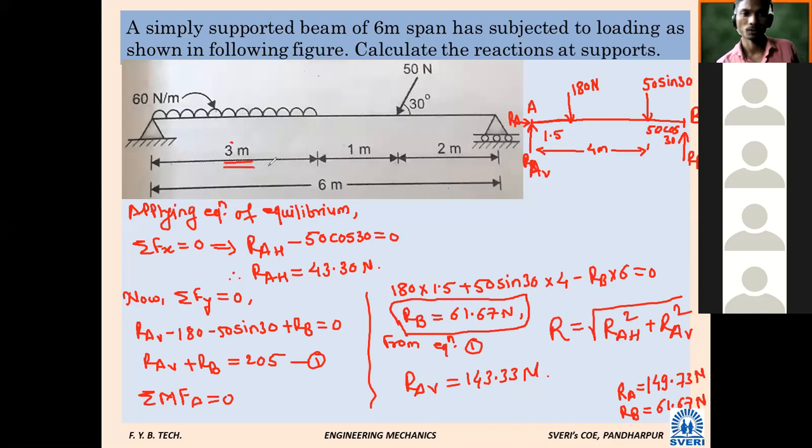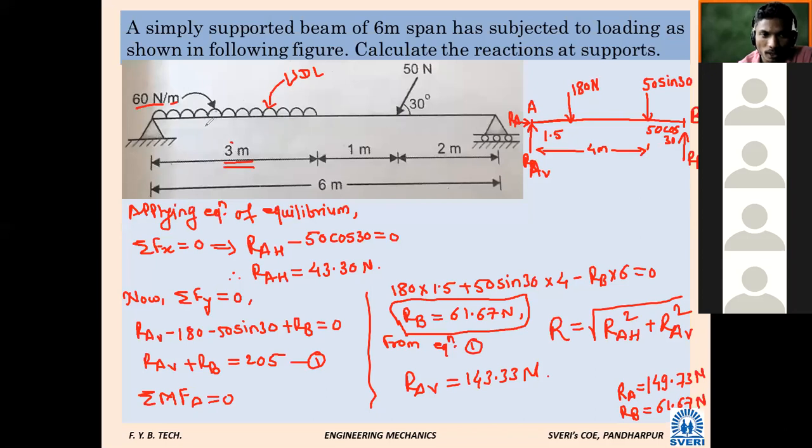Half of 3. So we have seen what is the type of this load. Who is asking the question? What is the type of this load? This load is a UDL, uniform distributed load. That is, over a 3 meter distance, it is 60 Newton per meter. Read this as 60 Newton for every meter. Then for 3 meters, 60 times 3 is 180.